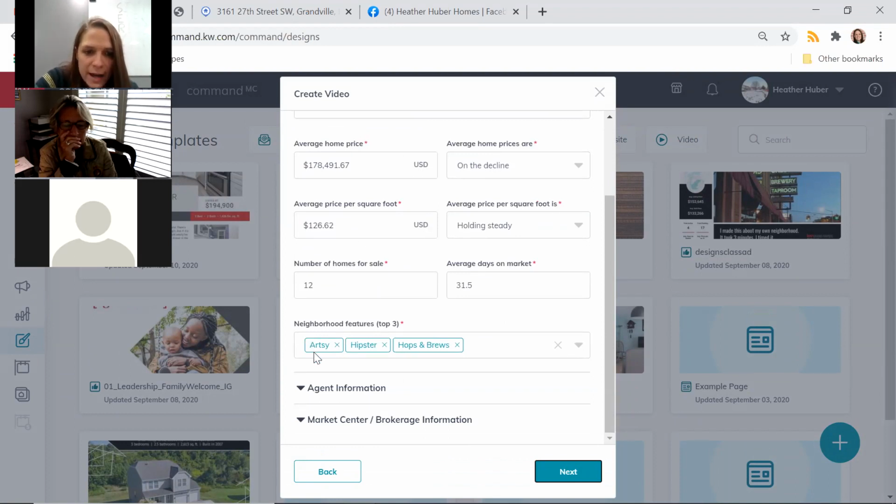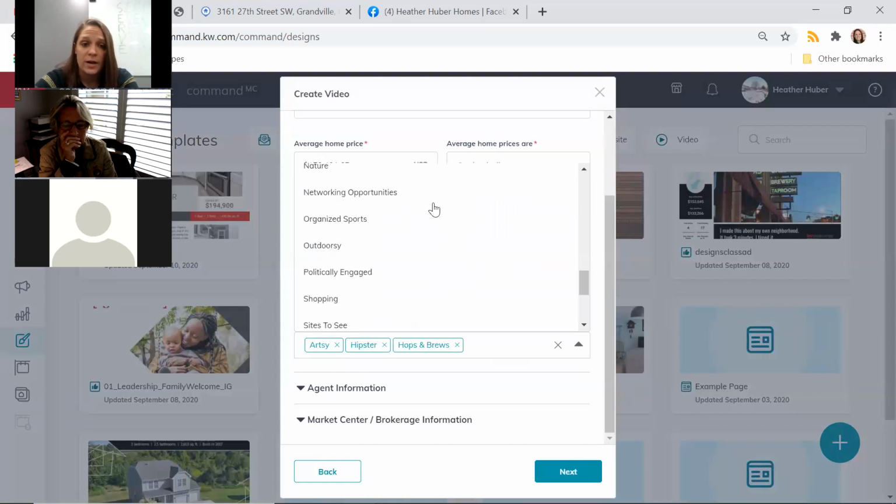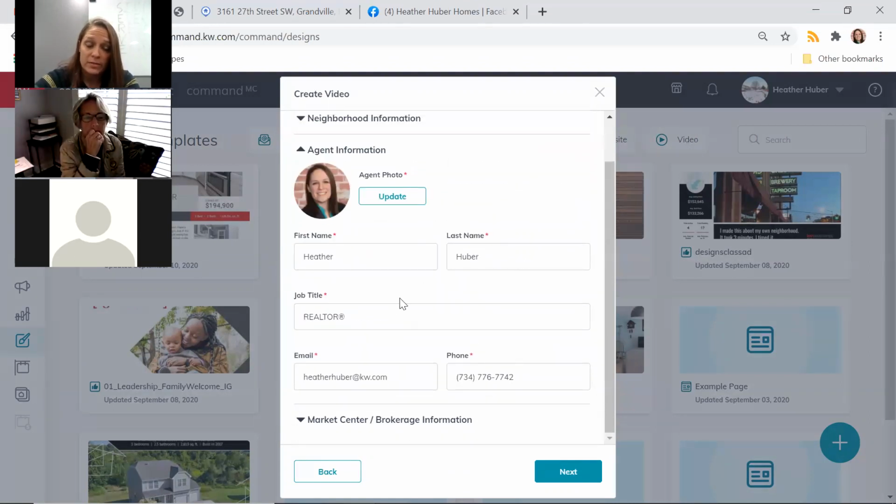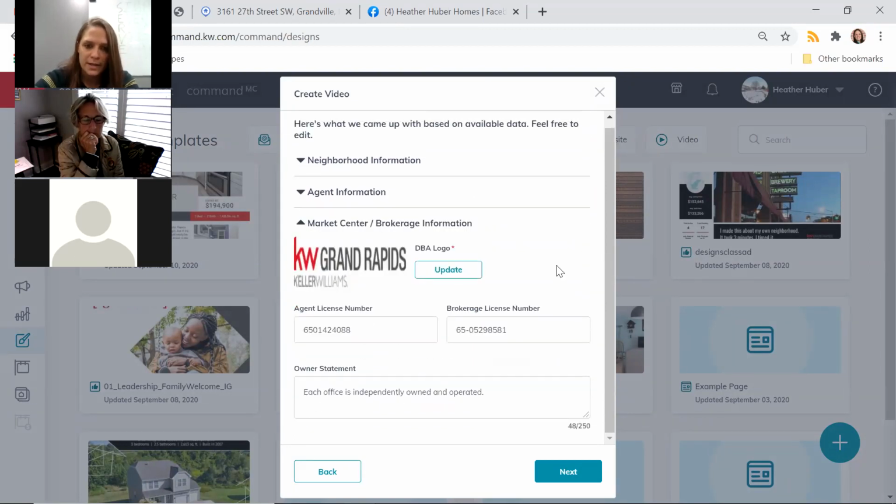And then these are the top things that people say about it. It's artsy, hipster, and hops and brews, because there's a couple breweries there. So you can change those too. Here are some of the other options. I'm just gonna leave it as it is because I trust it. Agent information, that's where I put my info. It just automatically populates all of that, and that's all correct. Market center automatically populates all that, and that's all fine. Okay, so if I click next,